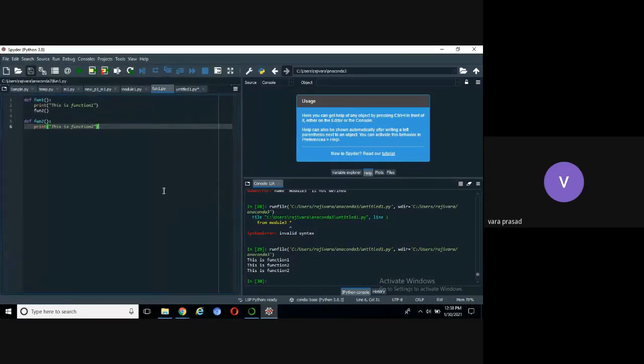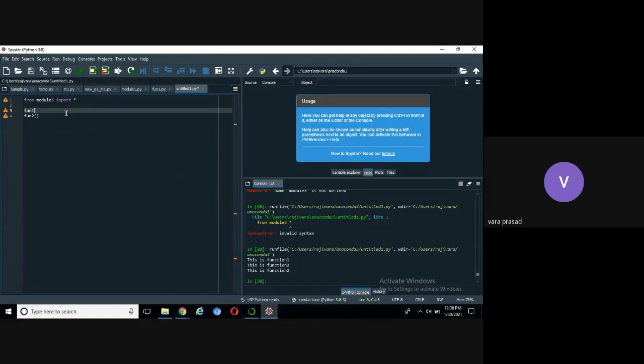Now you can see here. Then go to this one, import function 1 dot. So you can use import here directly. Import function 1, right? Function 1 dot function 1.